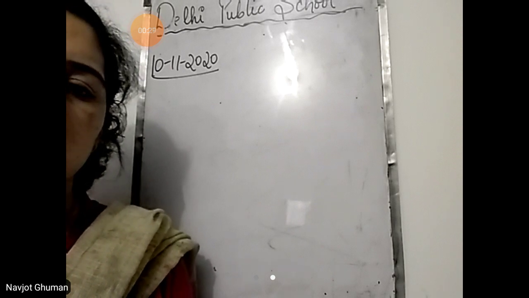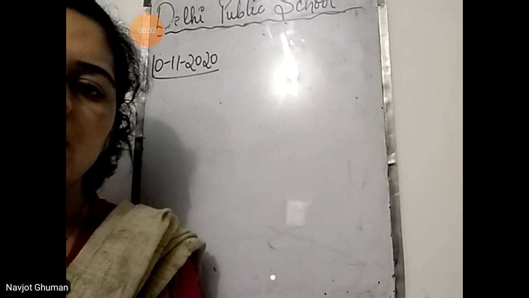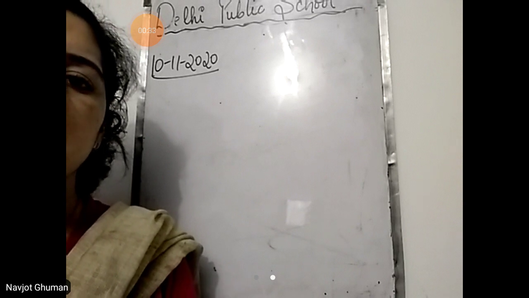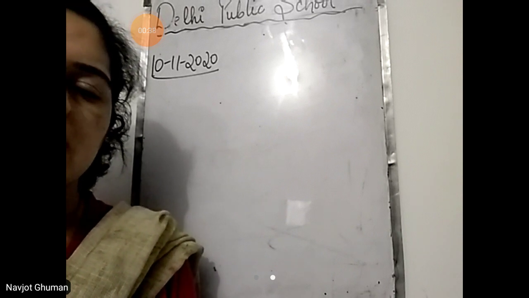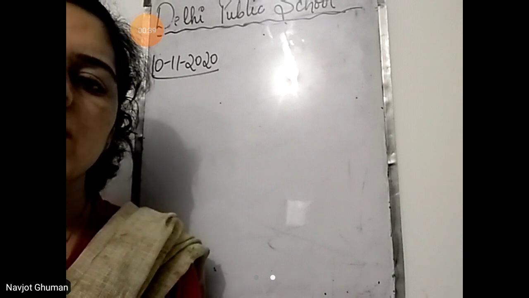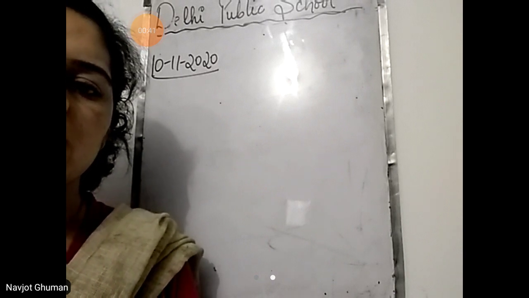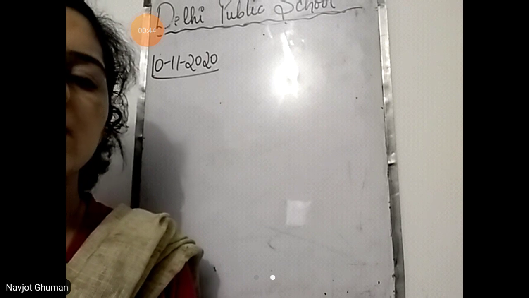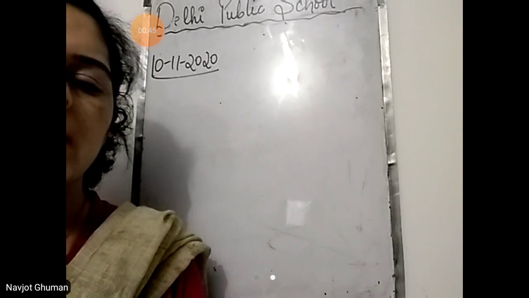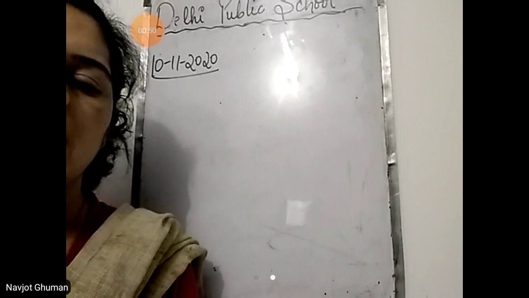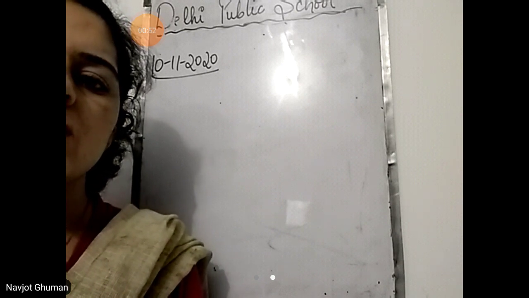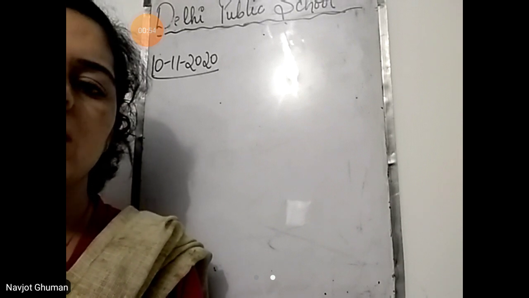So there is one activity related to this chapter that you will perform at home. It is a very easy activity, you can say. It is the activity related to the germination of the seeds, how seeds change into new plants. So in the next lecture, I'll show you the germination of gram seeds, the germinated seeds of grams. मैं आपको दिखाऊंगी कि कैसे दिखते हैं.